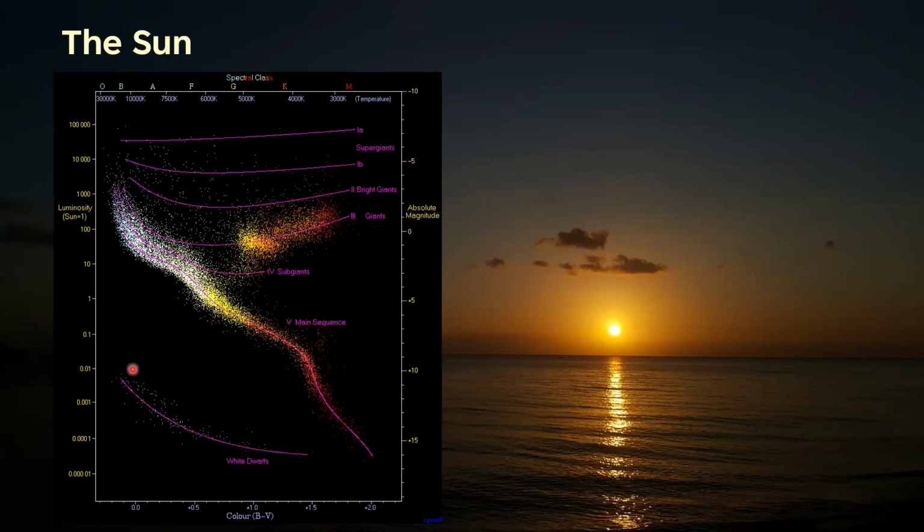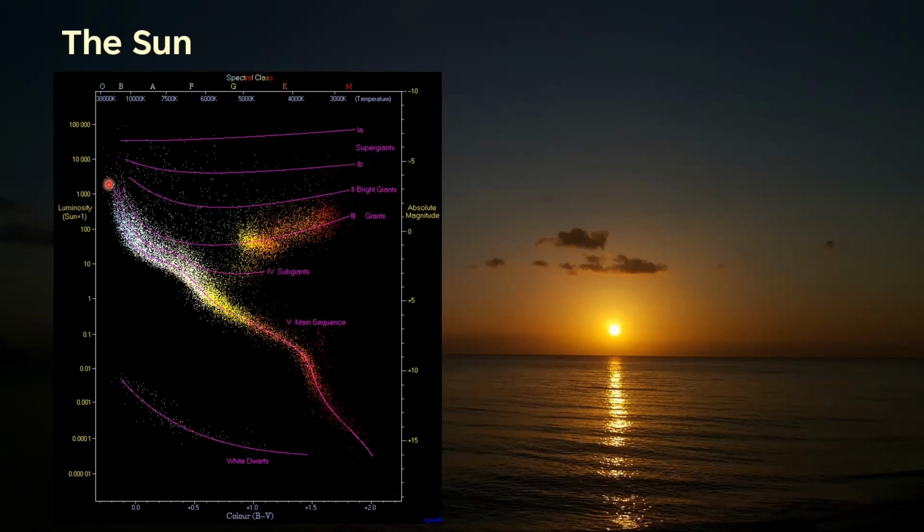The stars that belong to this group are considered to be white dwarfs. And then this group are supergiants, the 1A, 1B. Two are bright giants. So the stars that belong to this line, or that are close to this line, are called bright giants. And then you have your giants. That's group 3. Group 4 are subgiants. And then you have your main sequence. Most of the stars belong to this main sequence.